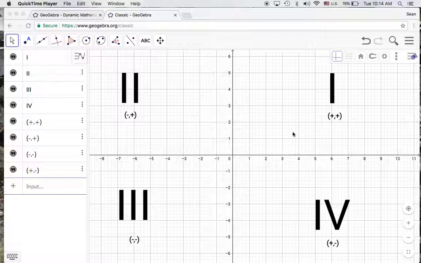Now, in science, typically we only use quadrant number 1, looking at values that are positive on both the x-axis and the y-axis. In math, typically you'll use all 4 quadrants, so we might have negative x values as well as positive, in which case you'll use quadrants 1 and 2, quadrants 1, 2 or 3, or even quadrants 4 as well. Alright, so like I said, depends on the data that you have and the data that you're trying